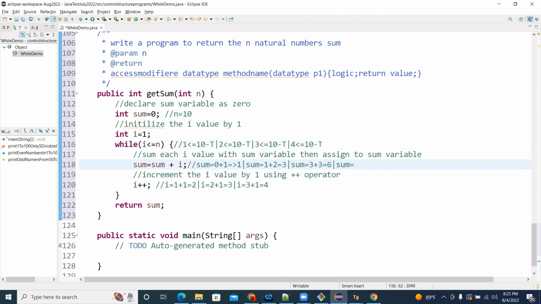Sum equal to the left side part I have written. I am calculating now this part. Previous sum value 6. So 6 plus, so what is I value? 4. And now sum value 10. Now comes here. So I equal to 4 plus 1. It will become 5. So go to the condition, 5 less than or equal to 10, true, and comes inside